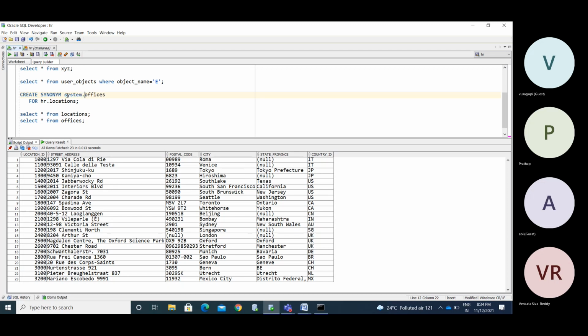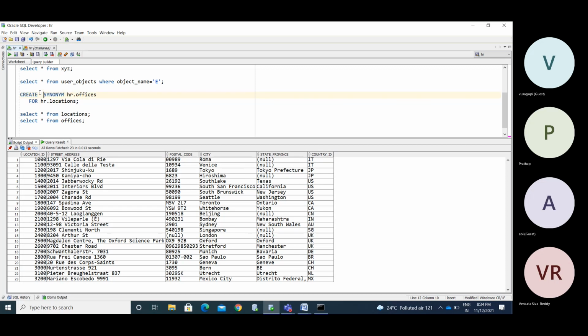If you mention the user like this, the object is going to be created in the system user. Usually you need to mention which user you are going to create it in.